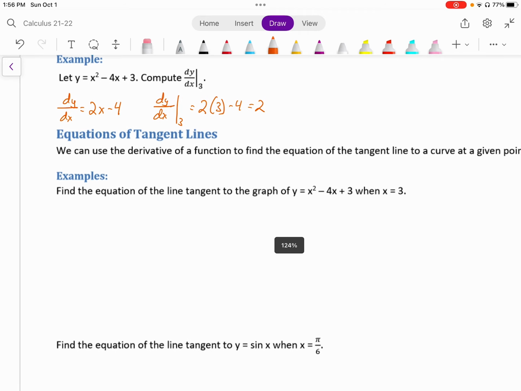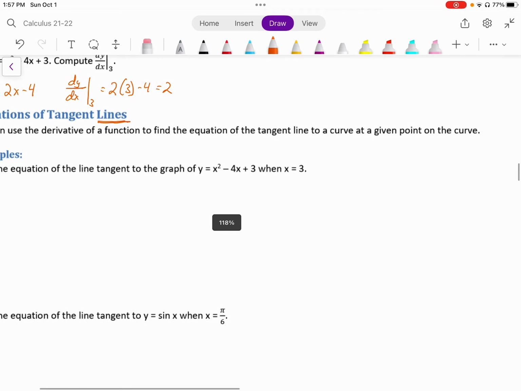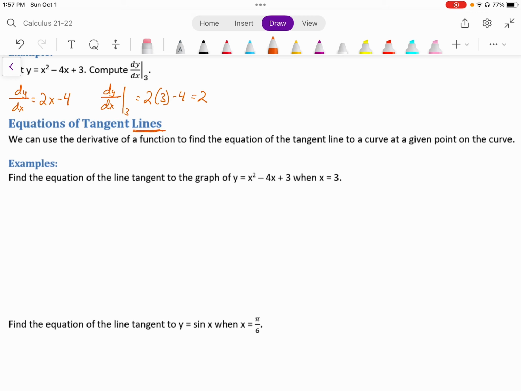Now we're going to find the equation of tangent lines. And if you remember back from Algebra 1 and Algebra 2, to find the equation of a line, we either need 2 points or the slope and a point. And really that's what we're going to do here. We will have a slope and a point. So here's an example. It says find the equation of the line, so line, y equals mx plus b, tangent to the graph of y equals x squared minus 4x when x